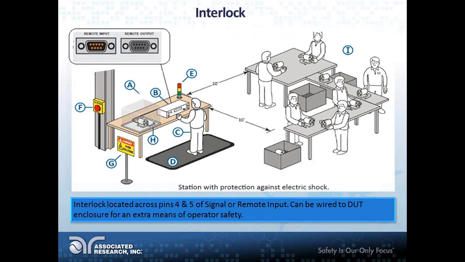Next, the interlock. The way we use our interlock is with what we call the interlock key, which shorts pins 4 and 5 of the signal or remote input of our Hipot testers. Now, the way the interlock works is that it can be used with a variety of different applications, meaning that